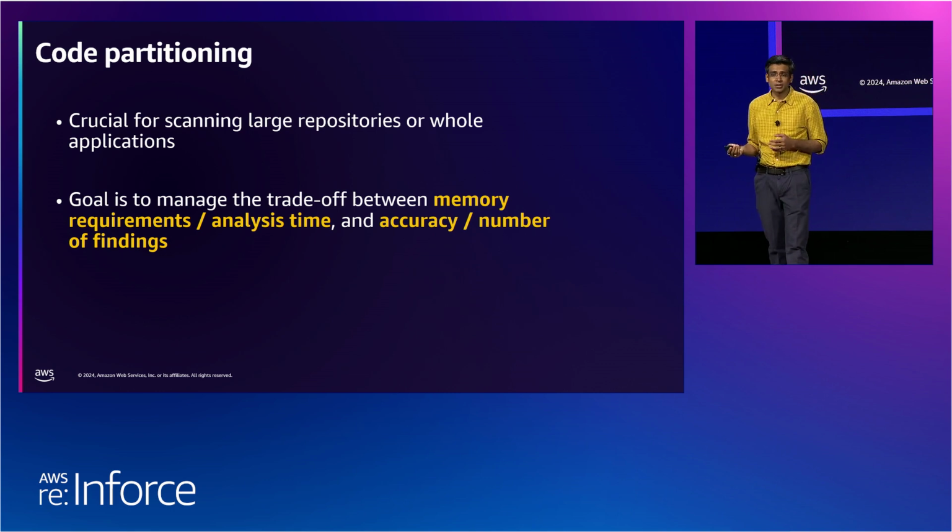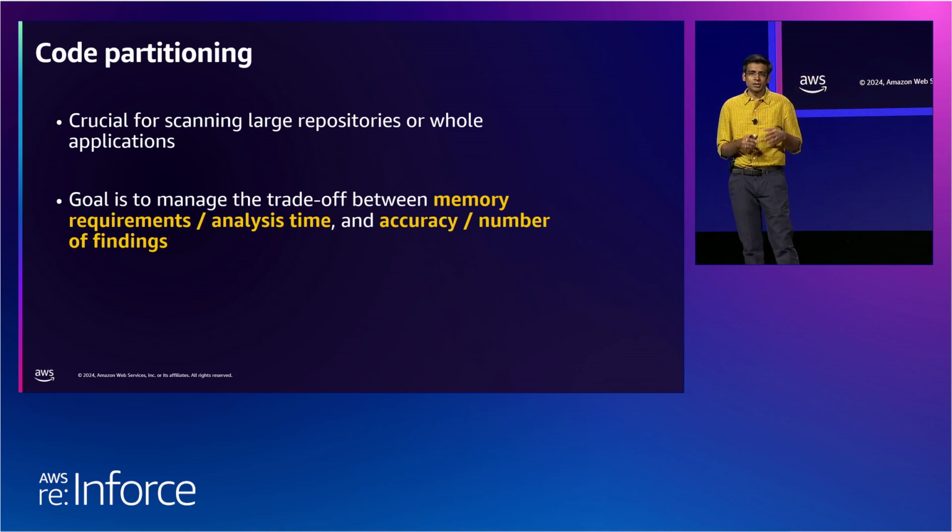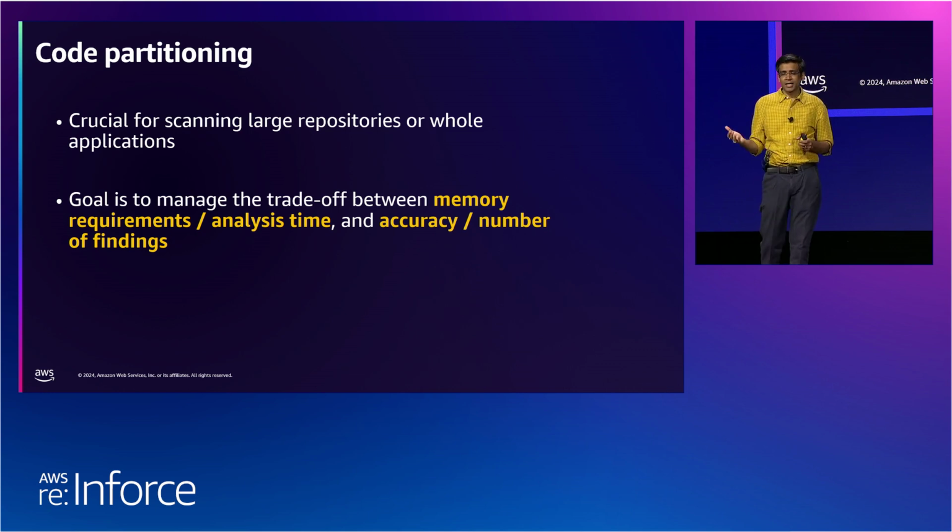Possibly it can also lead to timeouts. The goal of the code partitioning engine is to break down your application code into smaller independent chunks that can be analyzed independently in parallel. And this way, the memory footprint and the analysis time can be significantly reduced,